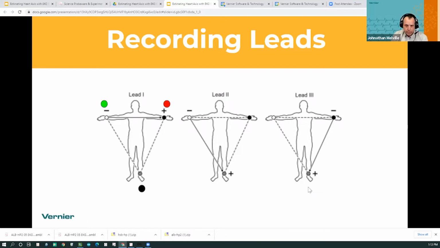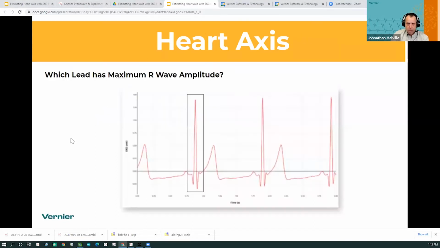All this lab really is rotating leads and recording EKG traces. So if you've done the analog EKG lab before, you typically start out in the lead 1 configuration, only you just ground to your arm because you're just recording across the heart. And then we're just going to move through these different leads. And once again, what we're looking for is which lead trace has the maximum R wave amplitude. So once again, this is the R wave. So we're going to be recording 3 different EKG traces,